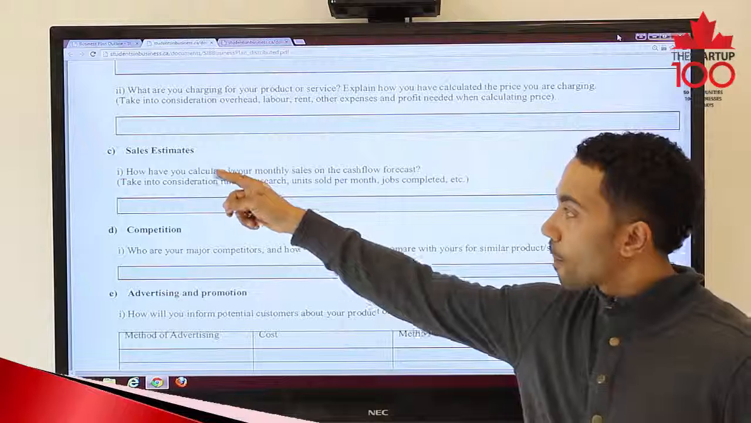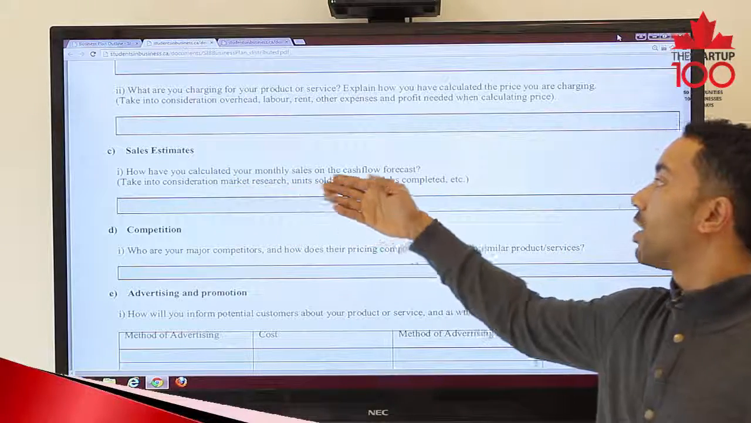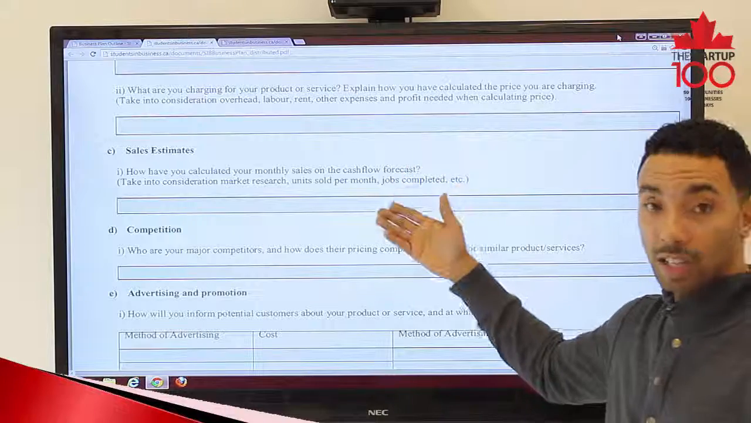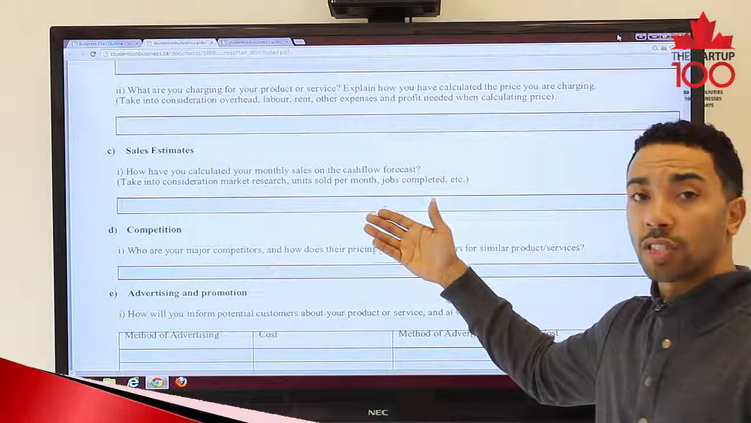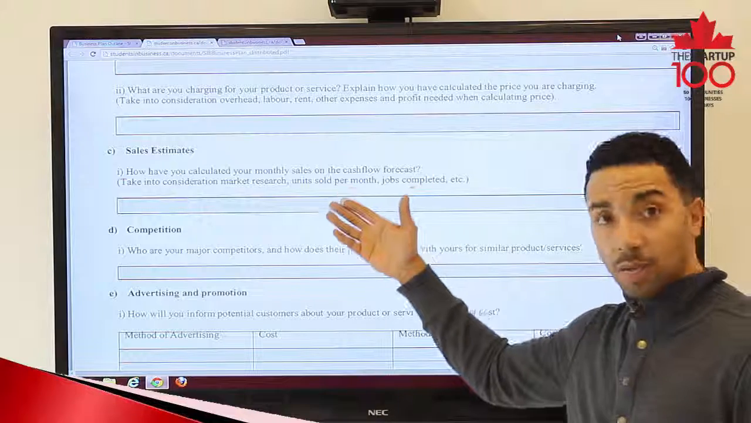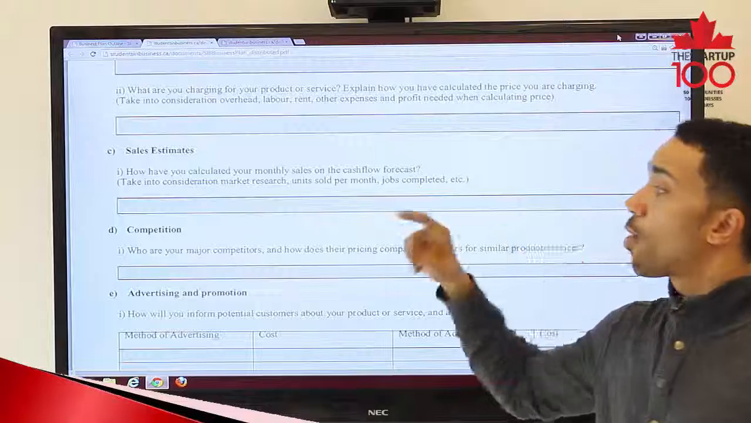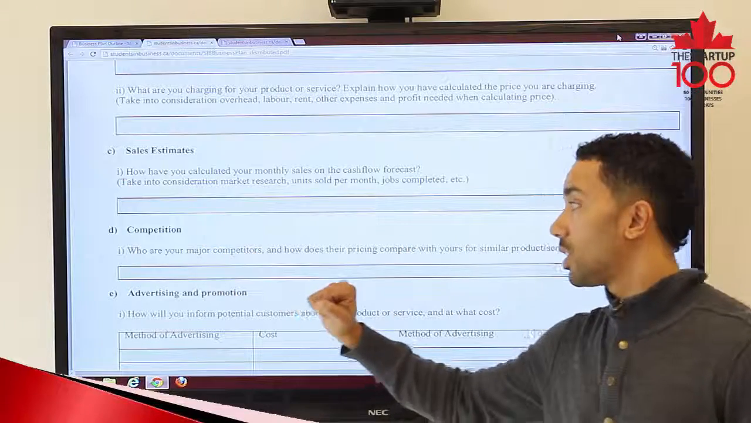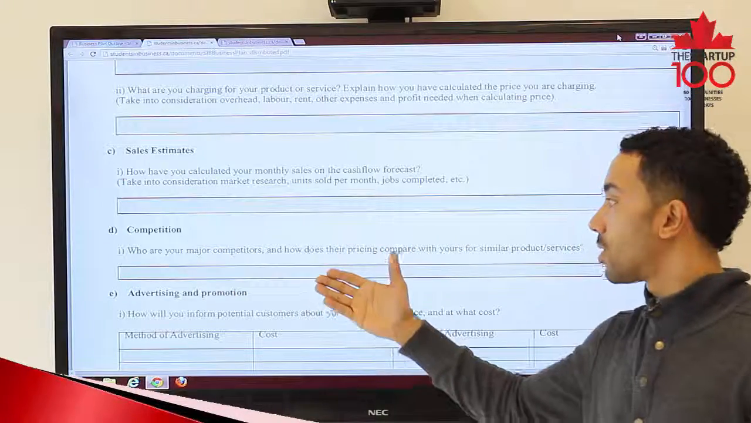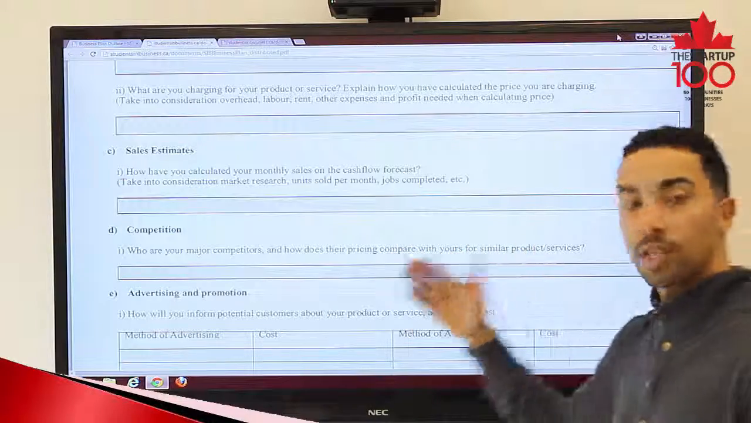Part C, sales estimates. Have you calculated your monthly sales? How have you calculated your monthly sales on your cash flow statement? In many instances here, you may need to estimate if you are in business for the first time. Part D, competition. Who are your major competitors and how does their pricing compare with yours for a similar product